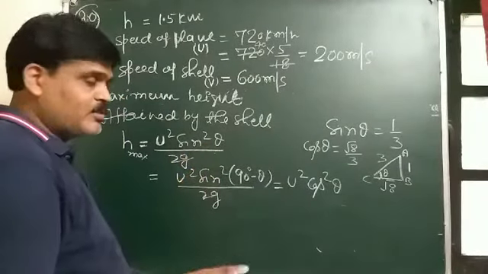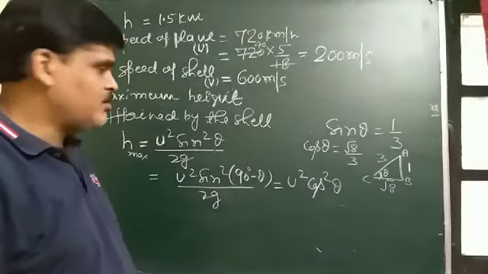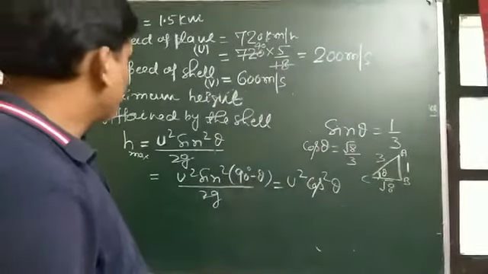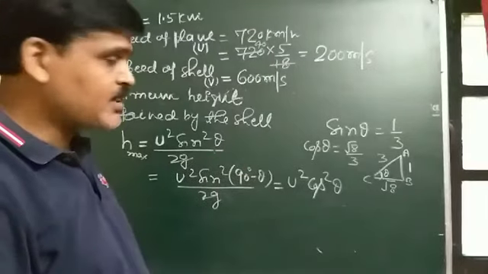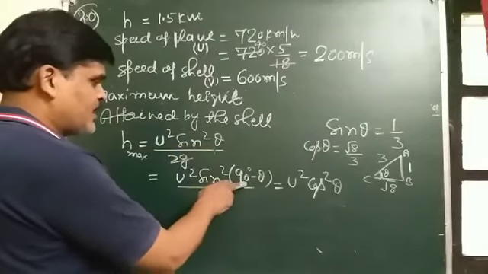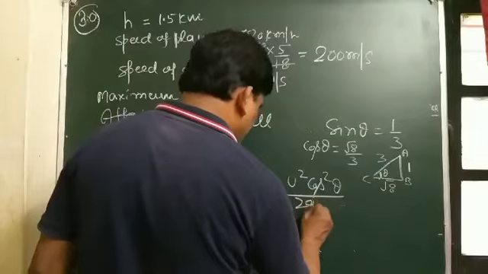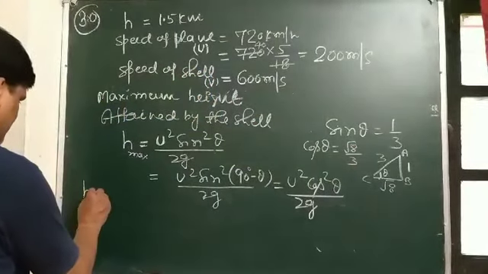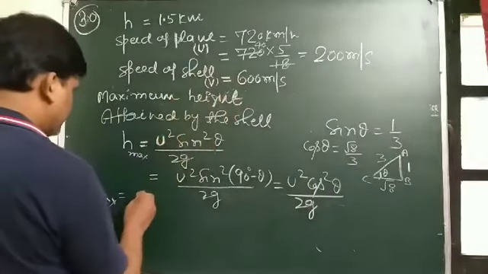When we derive the formula, theta is the angle through which a projectile is thrown with the horizontal. But here, the shell is thrown upward through the gun, which makes angle theta with the vertical. So in place of theta, we put 90 degree minus theta. So u square cos square theta by 2g. And using the value of cos theta, H max, the maximum height attained by the shell,